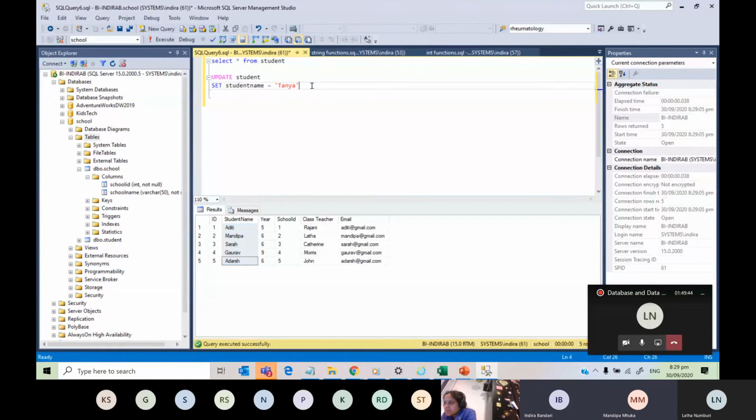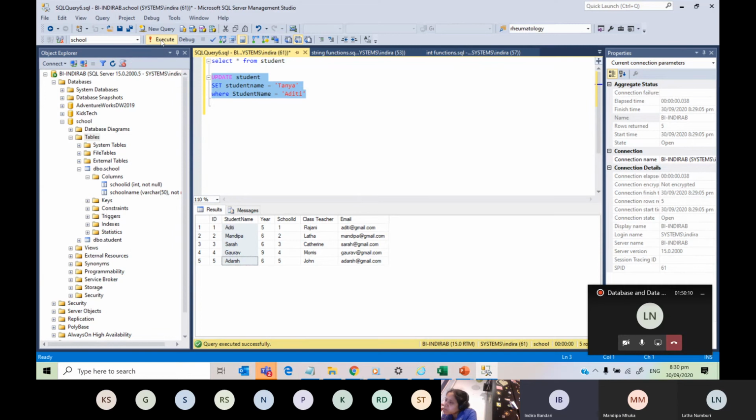Tanya. But we want to change that only where student name equals Aditi. So I'm going to update that. If I update that, what are you going to see? Just see.